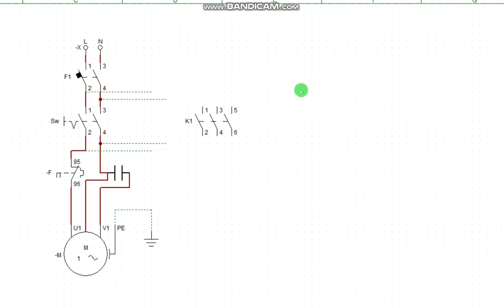All right, take note. This is a continuation of our float switch configuration. Where we stopped last time was linking up our switch to a contactor. So let's do that quickly. So the